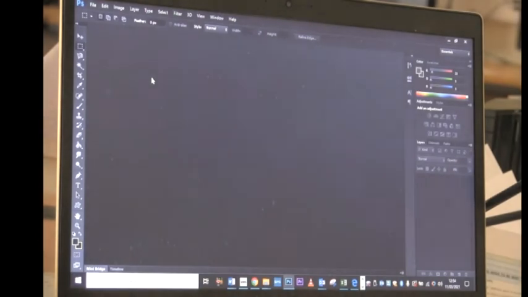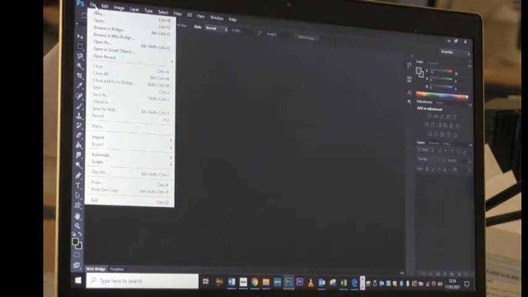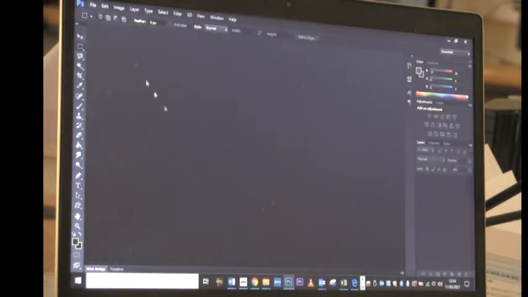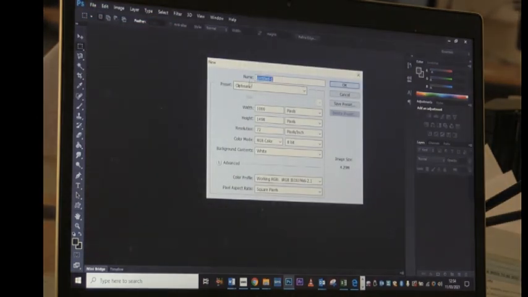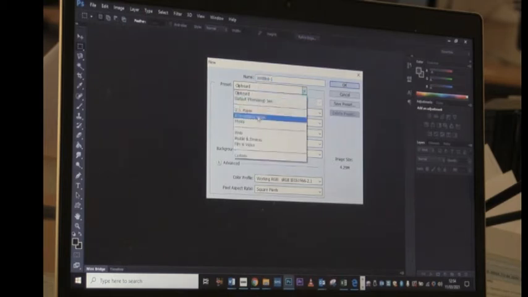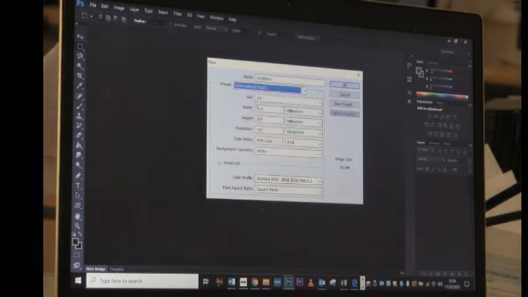And then you'll be given this. This is the workspace for Photoshop. And to begin, you need to go up to the top left hand corner, press File. Yeah, you press File, New. And then you want to change the preset, change it from clipboard to international paper, and it should say A4